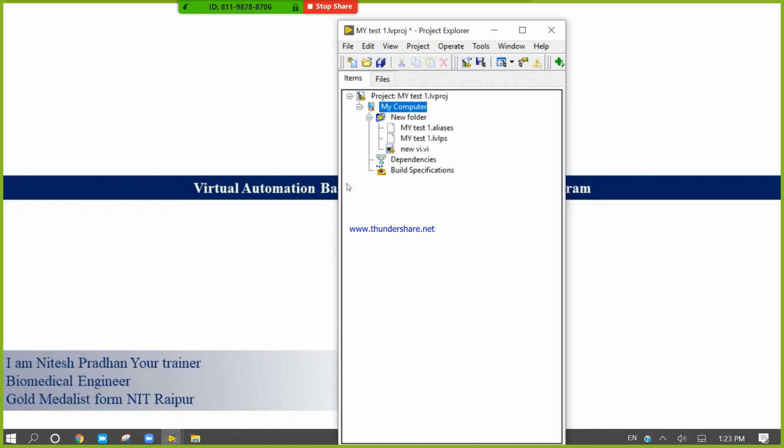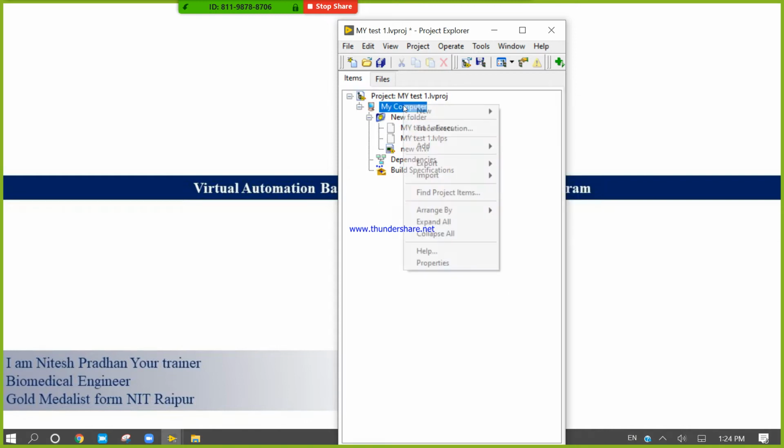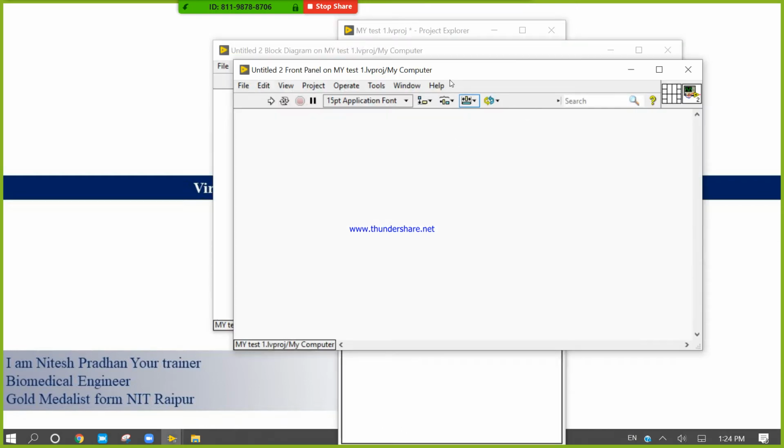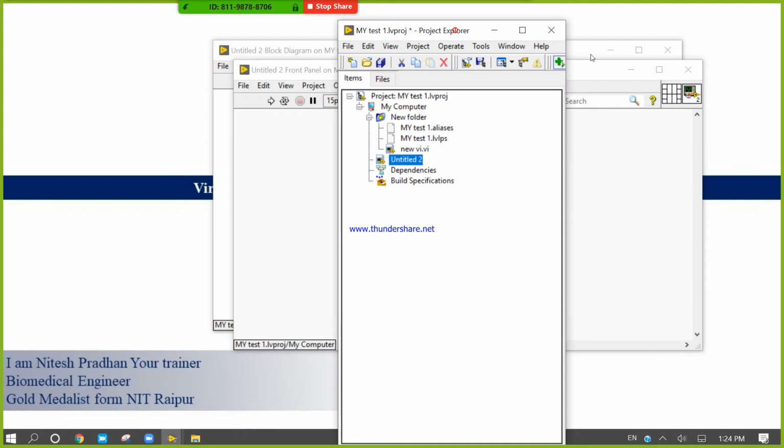Okay, let's create. Now look carefully. If I click in the computer and click on VI, it opens a new one with the name untitled 2.